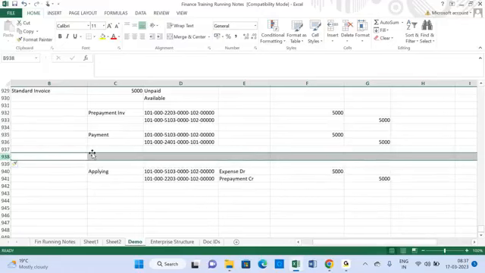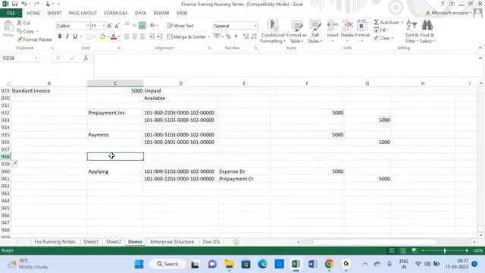When you are creating a standard invoice, 5103 is your,